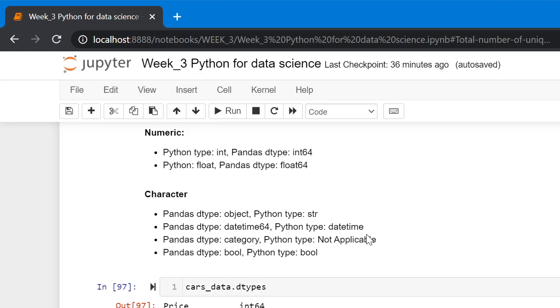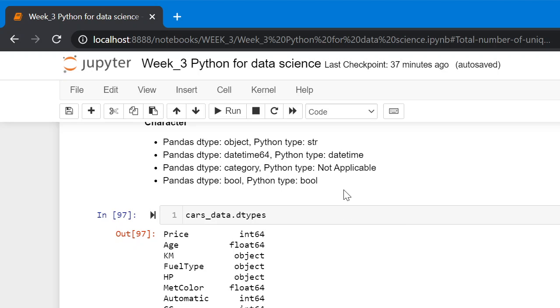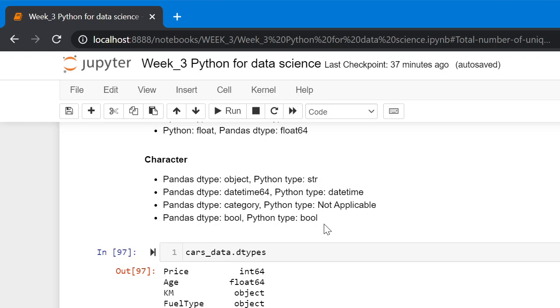String data type is treated as object in pandas dtype, and datetime as datetime64. There's another data type in pandas called category, which is used to denote a set of string values. There is a data type called bool, which is similar to Python type bool.